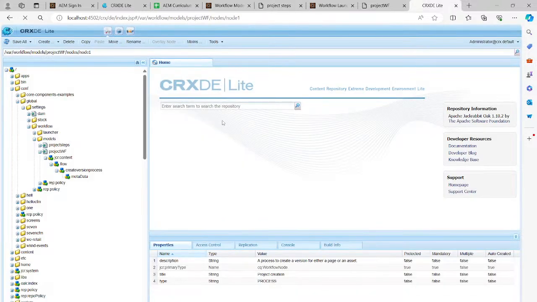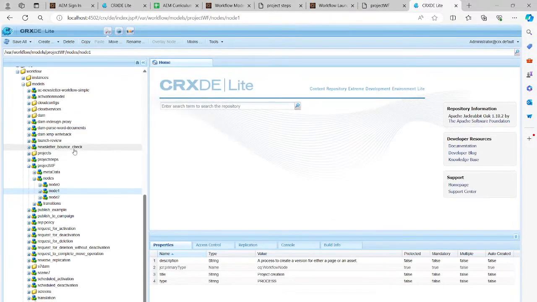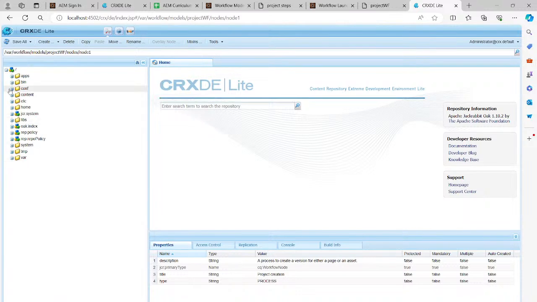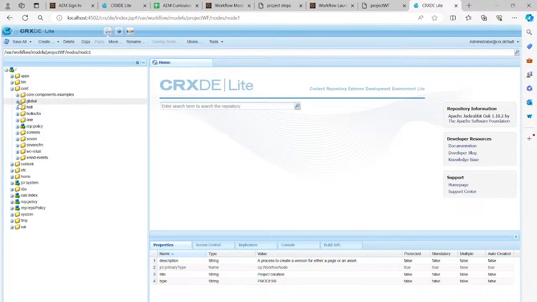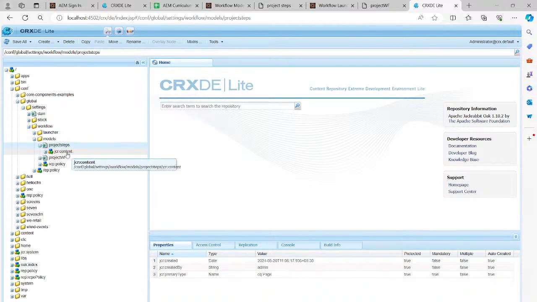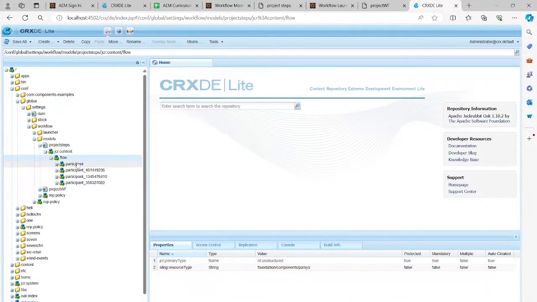And before creating, I have created a few steps, and you can check that in the conf folder. Go to your conf, there will be the global settings and the workflow. In the workflow, go to the models. These are the models, jcr content flow. These are the steps I have created right over there. Now